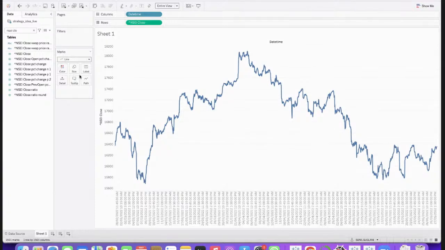So this also, as you can see, it is very easy to make changes. Everything is in front of you. If you want to make changes, you can convert from line to bar chart to area. You can do anything from here. So it's very easy to follow these things. So now let's do some